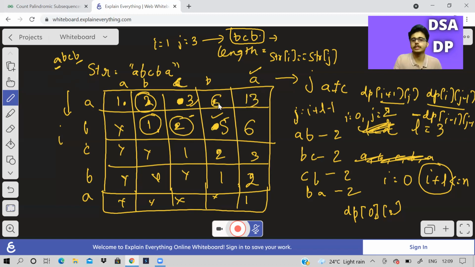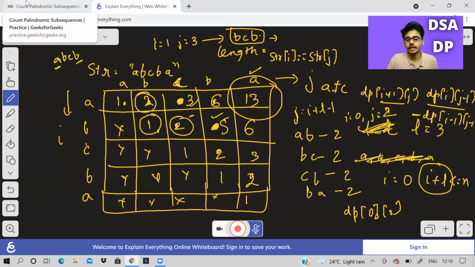So like this, if we solve, the answer will be in the cell 0, n minus 1. So this is something like a bottom-up approach, okay? And we are able to get the answer. Now, solving this problem in the interview especially will be very hard, because you will have to generate and test this for many examples to derive the answer. So it is better to practice such problems before and remember, because otherwise most likely it is not possible. It depends, it's very tough.